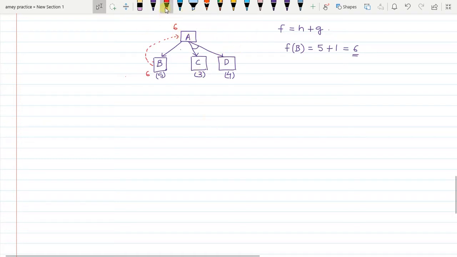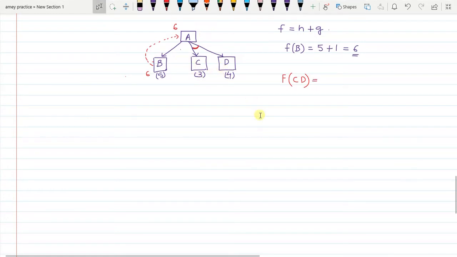Now we also have to find the F value of the arc. There is a formula that you need to see: the F value of an arc CD. I am talking about this particular end arc, which is called arc CD. How do you calculate this?